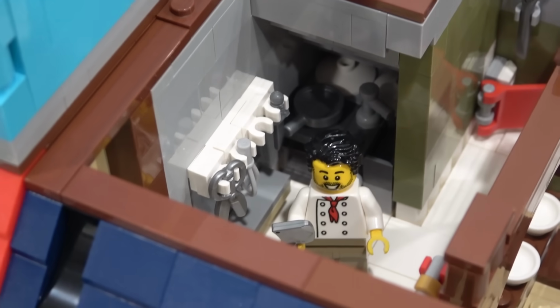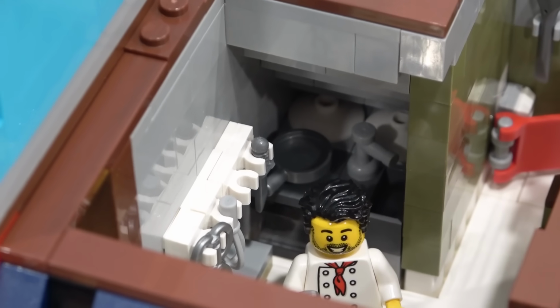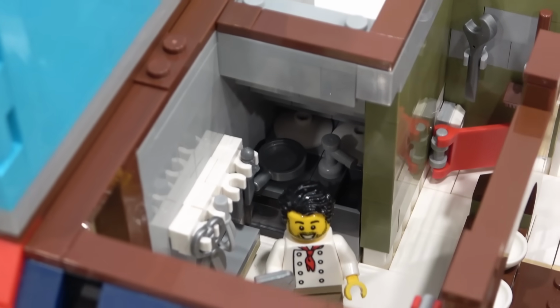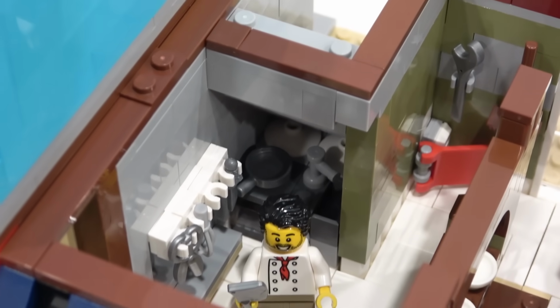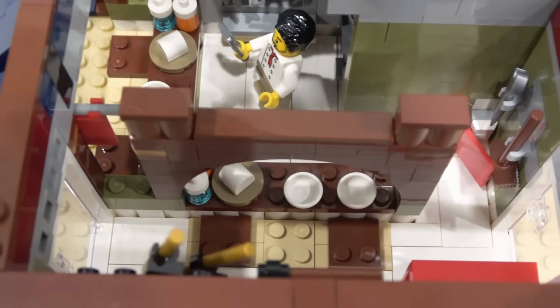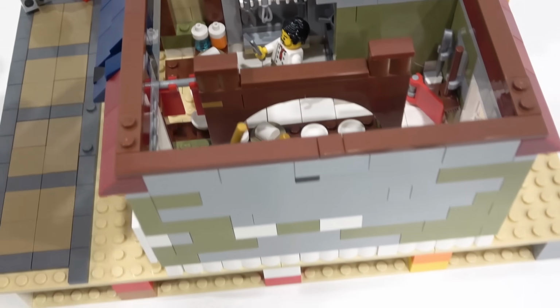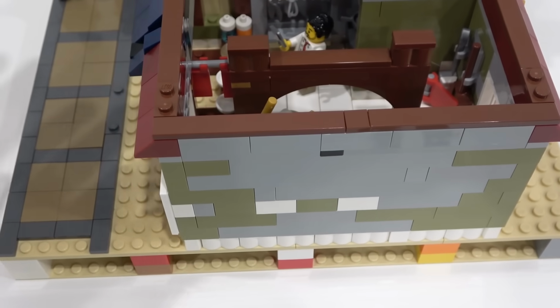Then there's the stovetop with the sink. And I also added some dishes just behind the sink there, just using some 2x2 dish elements. And then there's another eating spot right there below those arches. And this will actually act as a support as well because the next floor will actually just sit